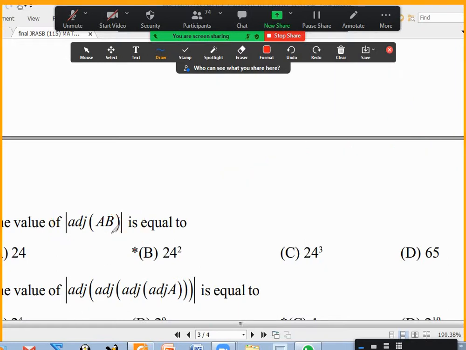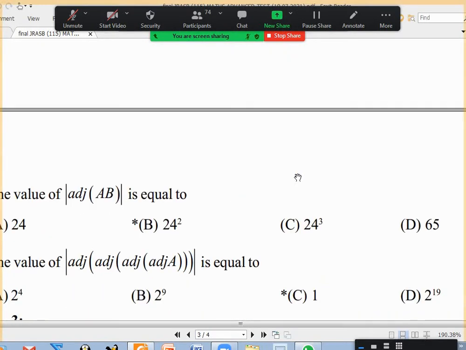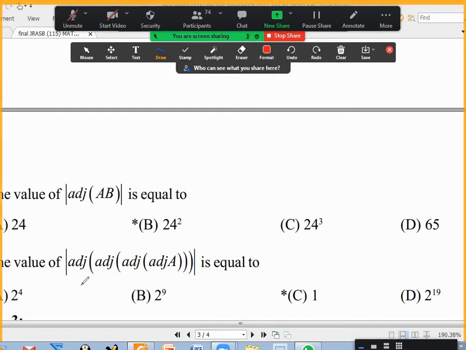Next, coming to the second one. In fact, each adjoint, if you remove it, will get whole square. Am I right? I may have a formula for adjoint of adjoint A as A power n minus 1 whole square and whole power n minus 2 into A and all. But if you take the inner part, because of this adjoint, when you remove, you'll get whole square, because of 3 by 3. Like that, will get 4 times. So it will be like that A whole square, square of that, square of that, square of that. But that A is 1. So how many times you square it, it will be 1 only. Is it okay, the second one?